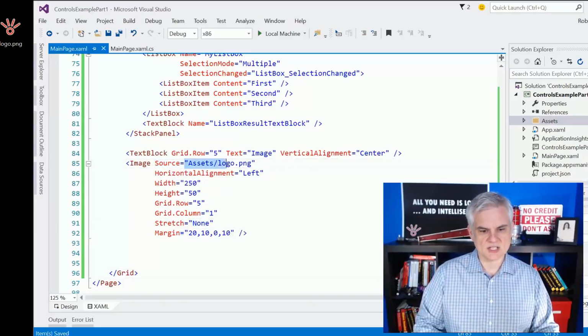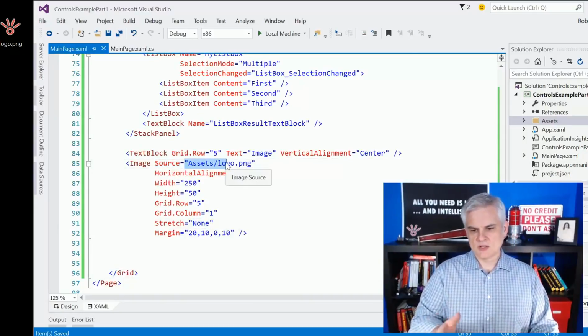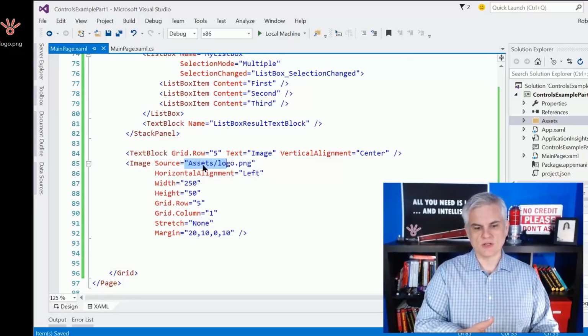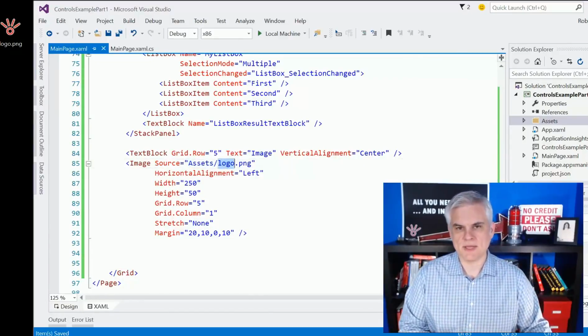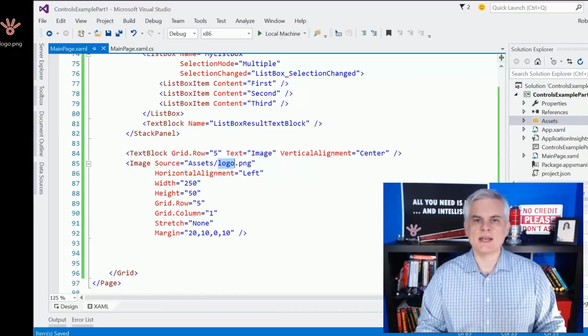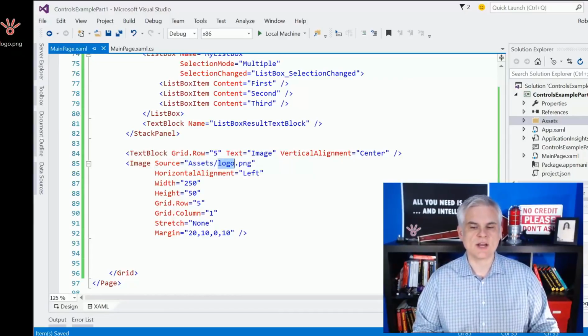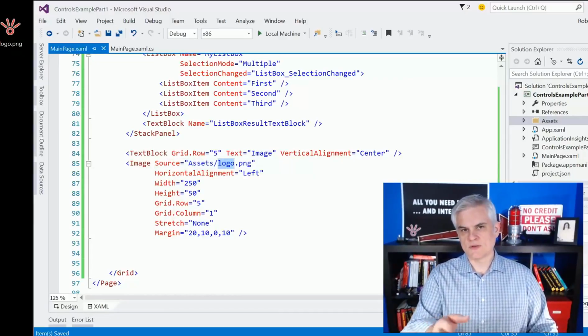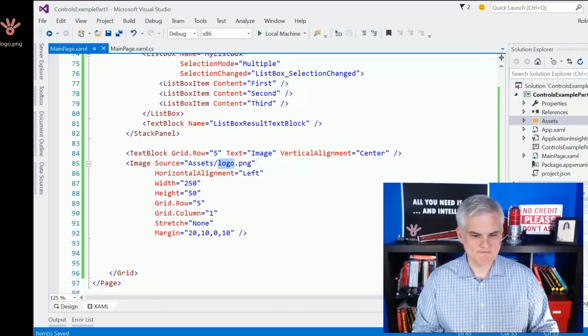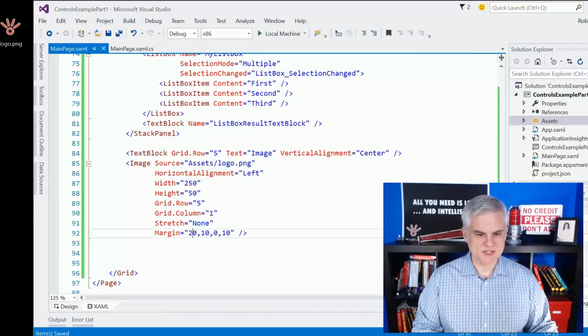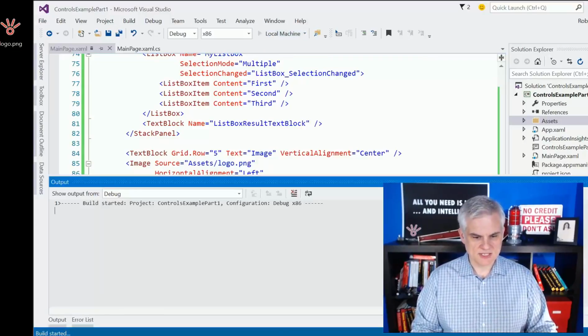And in this case, the source is going to be relative to the root of our project. So we're going to look in the assets folder for a logo.png. We could also supply it a location across the internet or some other folder in our application. The thing that I wanted to point out, which is interesting here, is the stretch property. And there's a couple different options, and I'll go through each of them here as we run the application